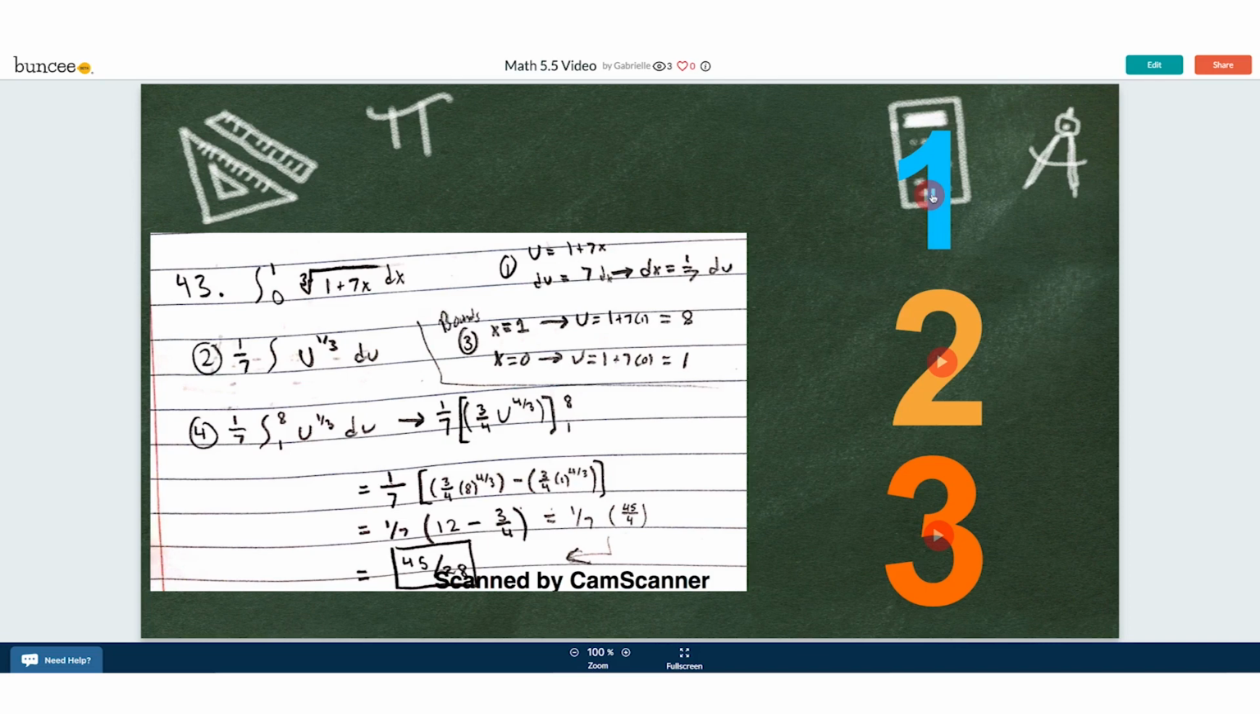So in this problem, we're finding the integral from 0 to 1 of the third root of 1 plus 7x dx, and